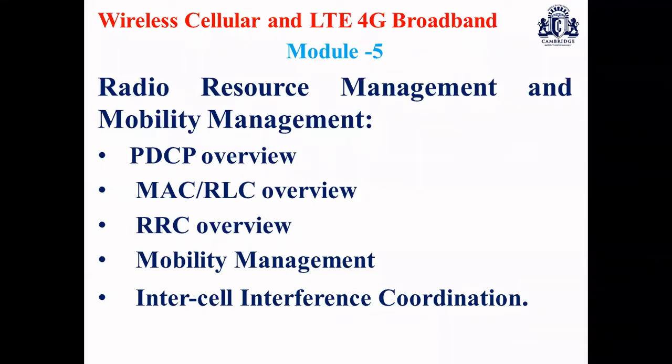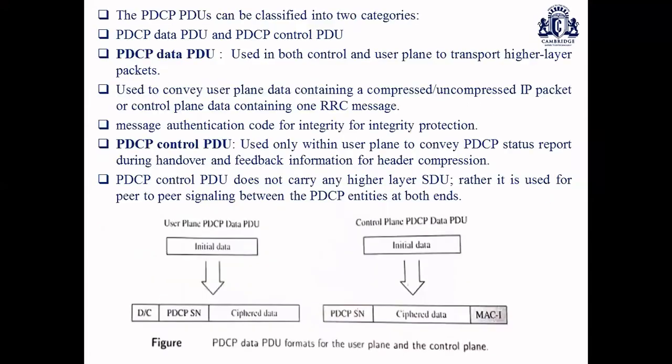In this session, we will discuss the MAC (Media Access Control) and RLC (Radio Link Control) overview, where we have the concepts of data transfer modes, what is the purpose of MAC and RLC, what are the header formats with respect to packet data units, as well as the procedures of automatic repeat request. Also, we'll discuss the RRC overview, its states as well as its functions. So let us start our discussion with the MAC and RLC overview.